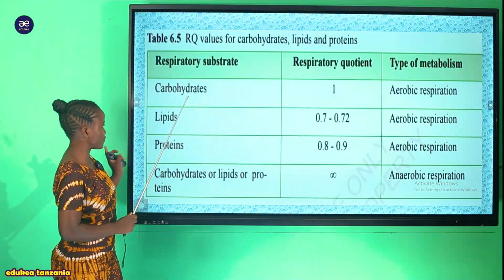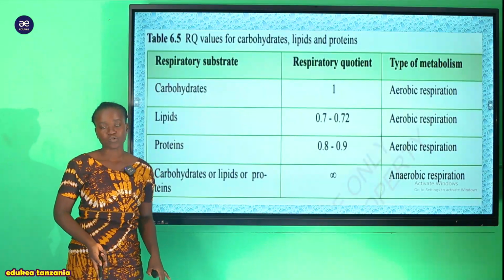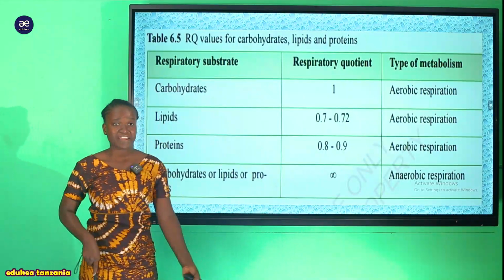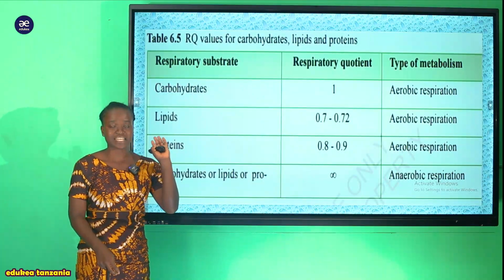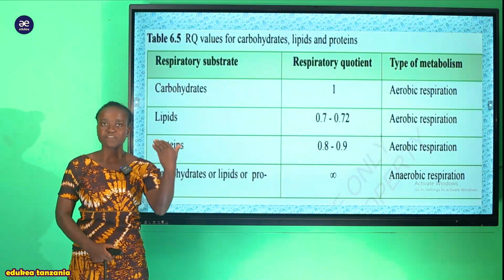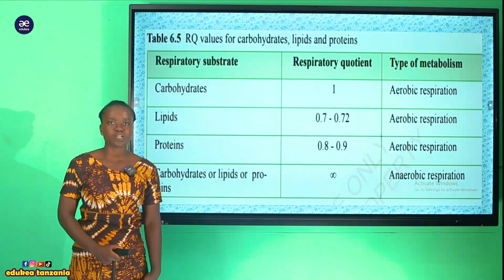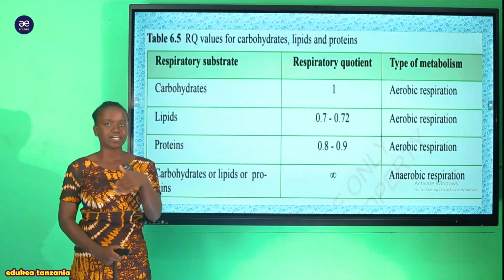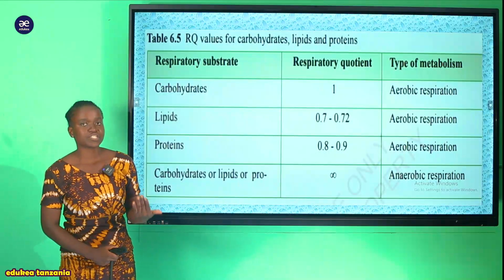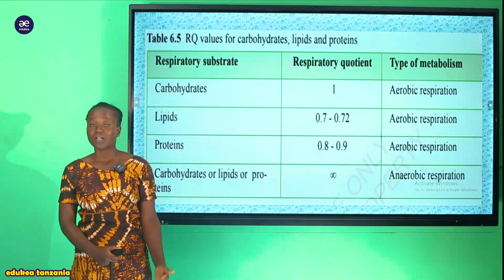Now starting with the carbohydrate, including glucose and all forms of carbohydrate. The respiratory quotient of carbohydrate is about 1. We saw it in the previous session, that the amount of carbon dioxide evolved and the amount of oxygen consumed during the production of about 38 ATP during glucose oxidation is about a 6 ratio,